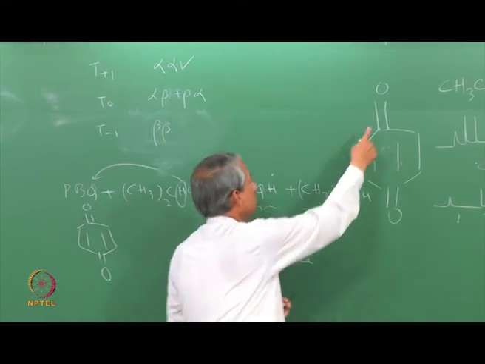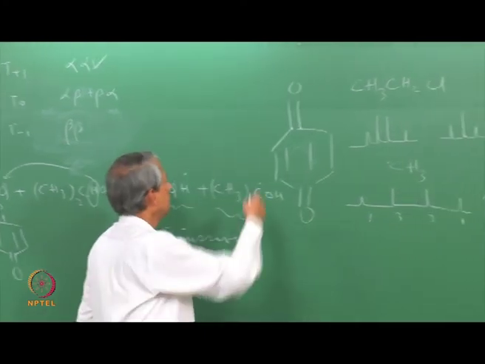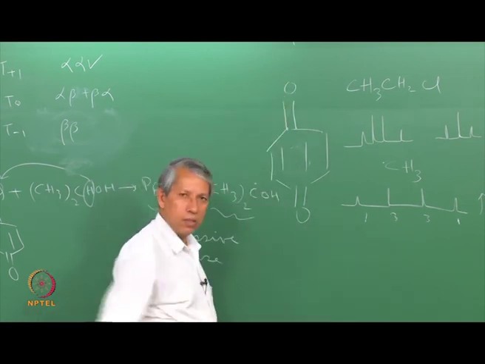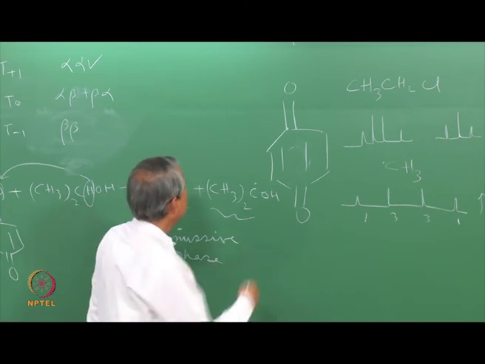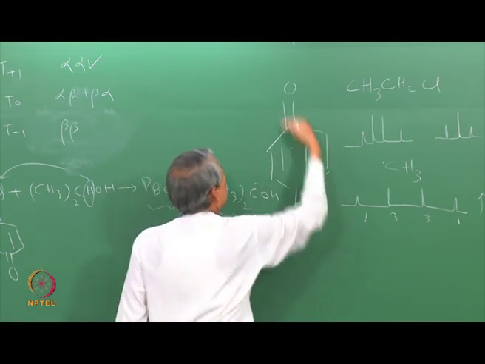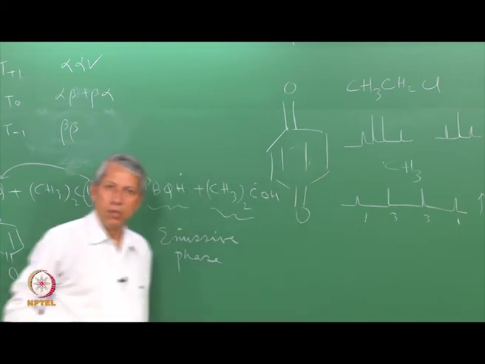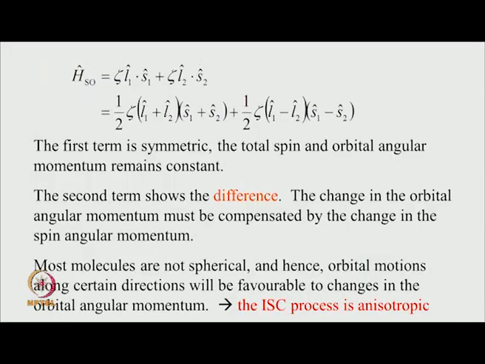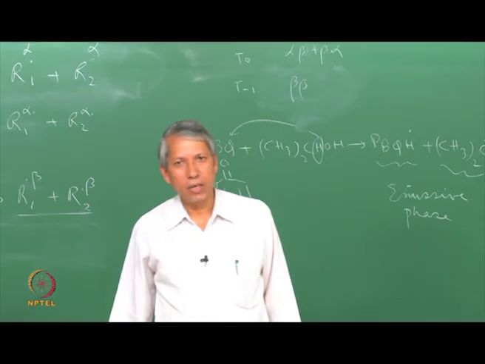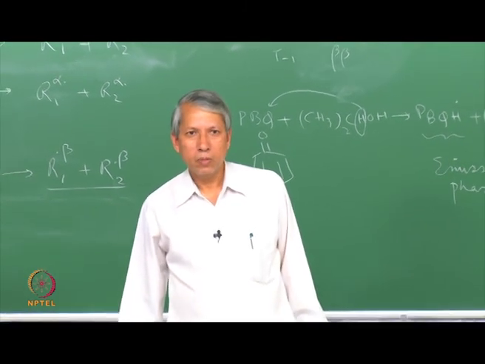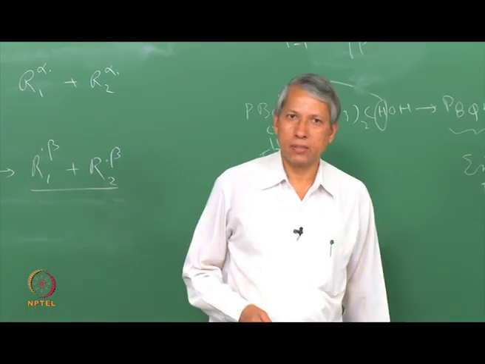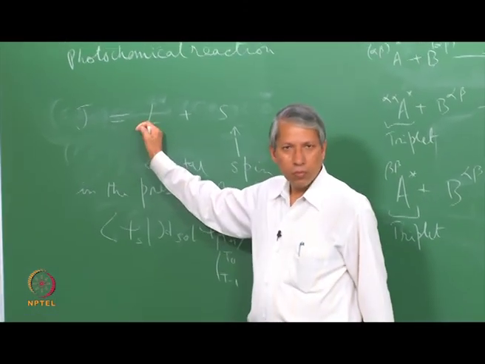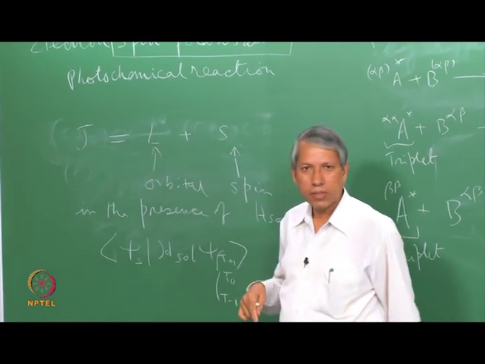So, it is the carbonyl group which is the reactive center. The way electrons can move in this direction, electrons can move much more freely, let us say, than movement of electrons in this direction. So, this movement that I am showing by hand is nothing but the orbital angular momentum. Different directions, therefore, the molecule can have different types of orbital angular momentum, and in some direction it may be more efficient than the other direction. So, coming back to this, in some direction this L can change more easily than in some other direction.